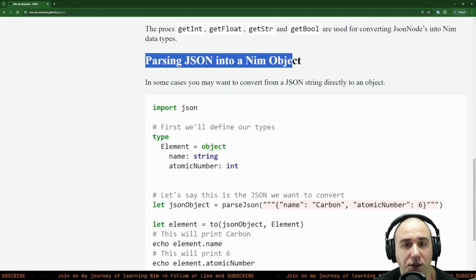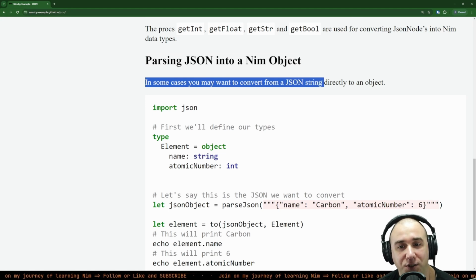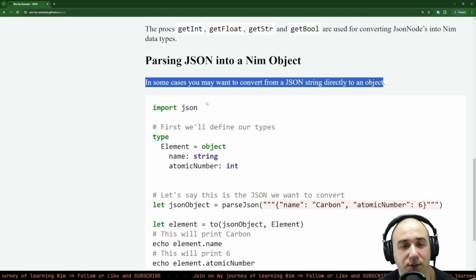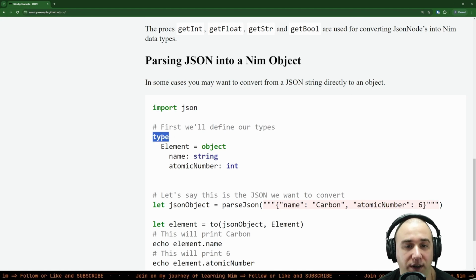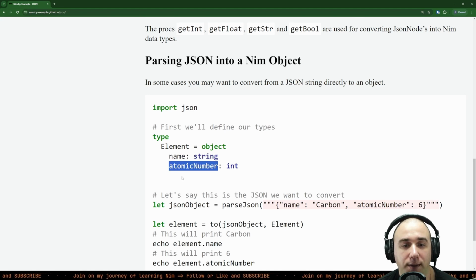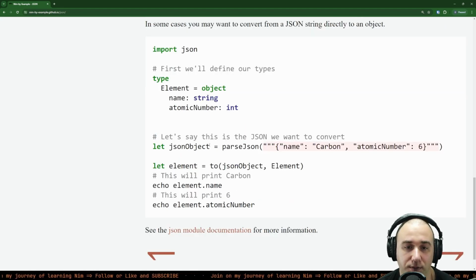Parsing JSON into Nim object. There we go. In some cases, you might want to convert from a JSON string directly to an object. Exactly, that's what I need. So again, just our JSON thing. We specify our type, our model, I would say, element, and it has name and atomic number. Perfect. And it's an object. Let's say this is the JSON we want to convert, right? We just specify the string